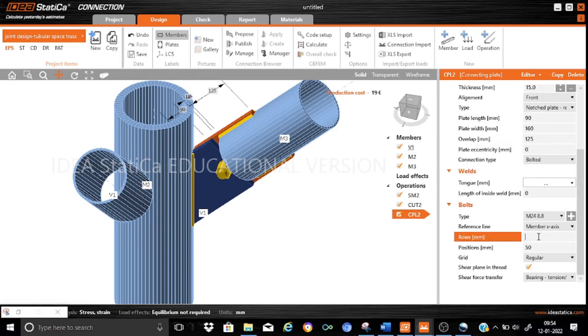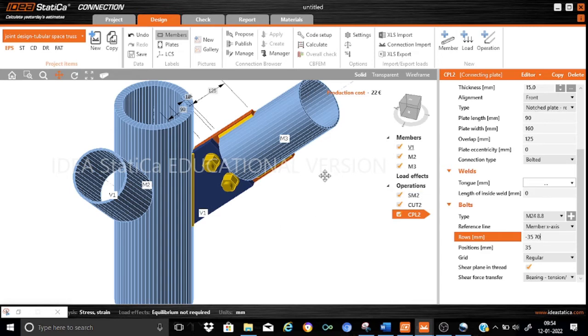So this will be minus 35, and this will be 70. Then we have the positions; let us keep the position as 35. It will be a regular one, and the bearing intention will apply. So we have finally modeled the so-called connecting plate, which is basically of a notched type.